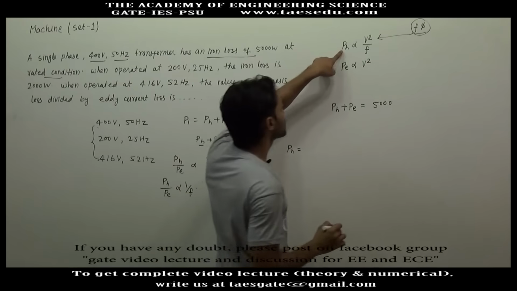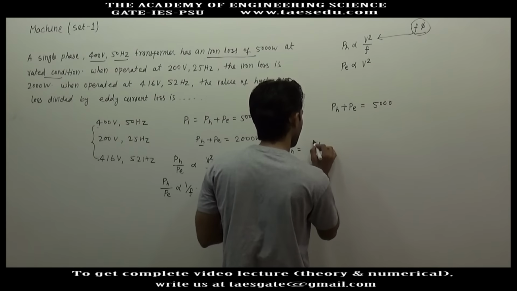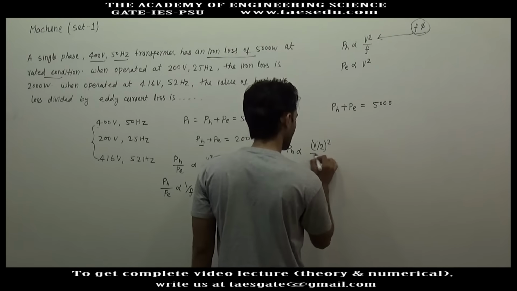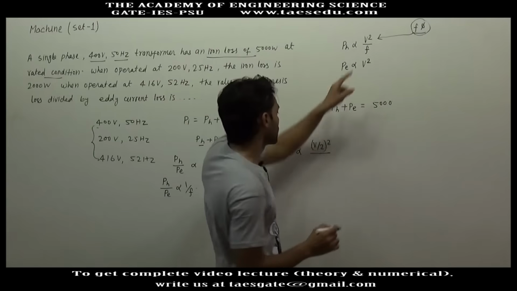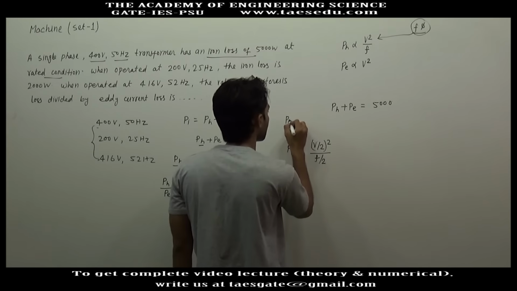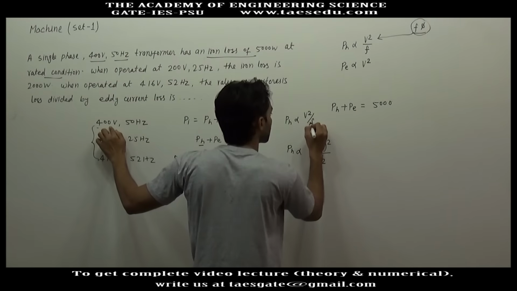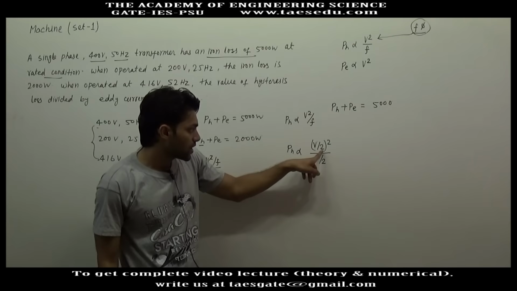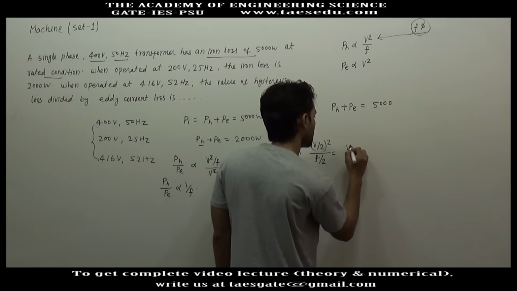PH is directly proportional to V square, so PH will be V divided by 2 whole square, divided by the frequency, which is also halved. So in place of F, we will have F by 2. In the first condition, PH will be directly proportional to V square by F, and in the second condition, PH will be directly proportional to V by 2 whole square divided by F by 2. This will be V square by